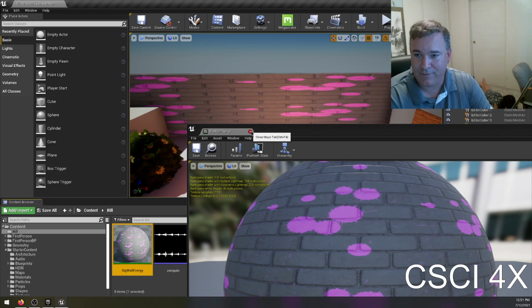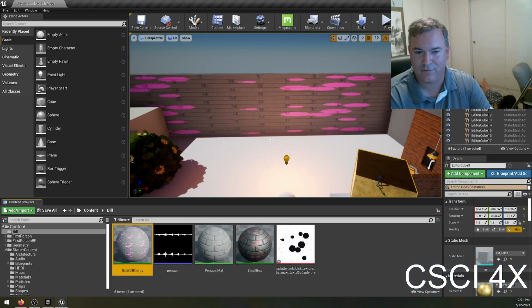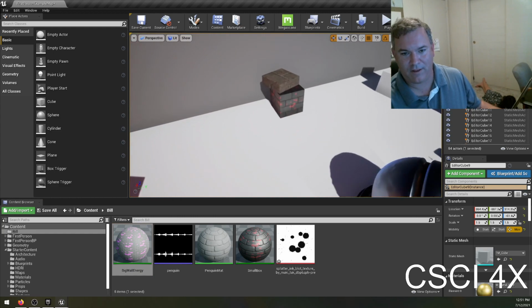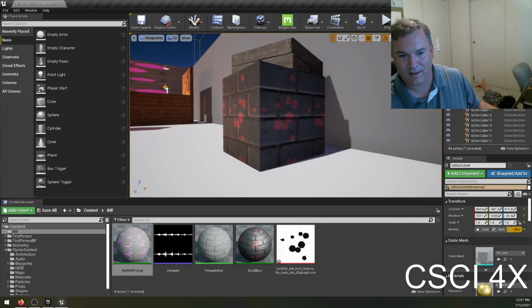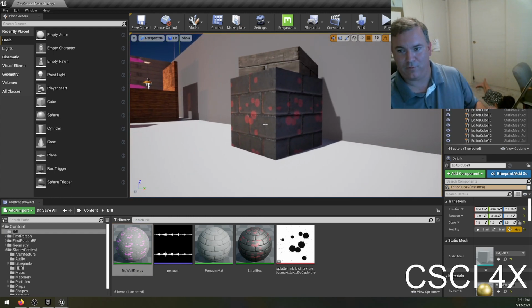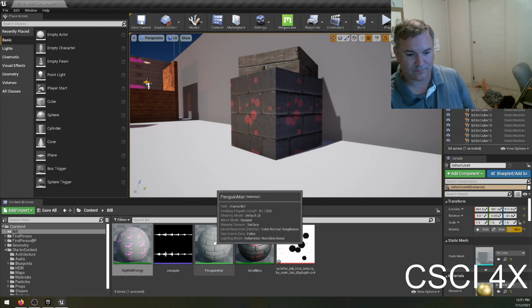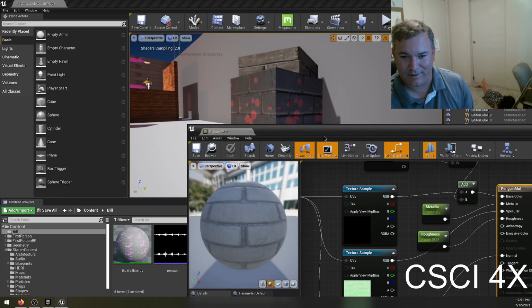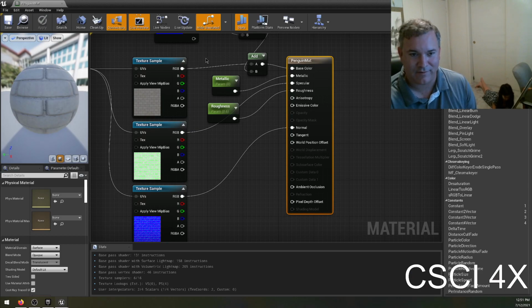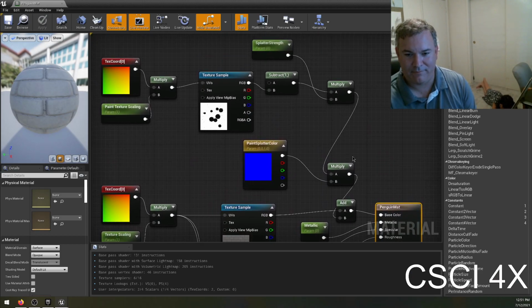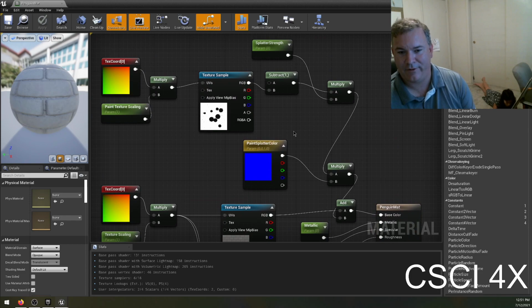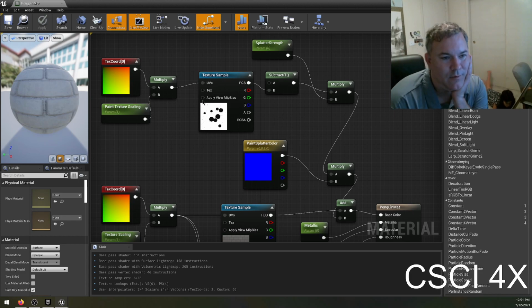So yeah, materials are really fun to play with. There's a lot of really interesting things you can do with materials, and the basic tools are these. I know I promised you I'd get into lerping, so I'll talk about lerping in a second. But let's talk about add, subtract, and multiply. So all numbers in Unreal Engine go from 0 to 1, and so